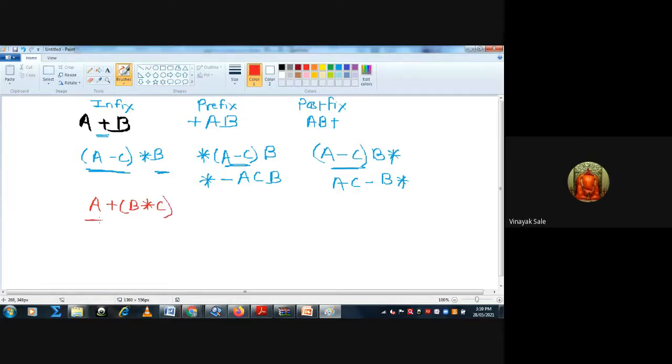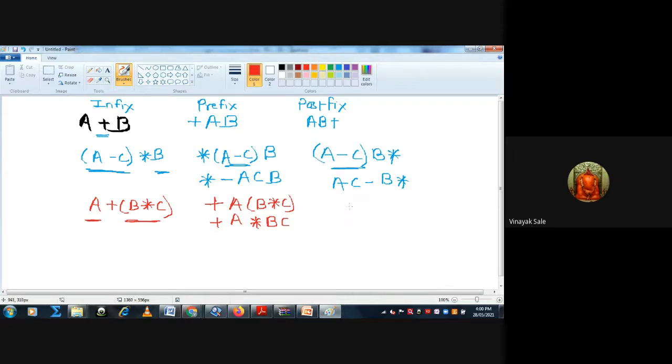This is the first operand, this is the second operand, so keep the operator first, plus, then operand first, operand second, b into c. Then plus, operand first, then solve this bracket: operator first, multiplication b c.